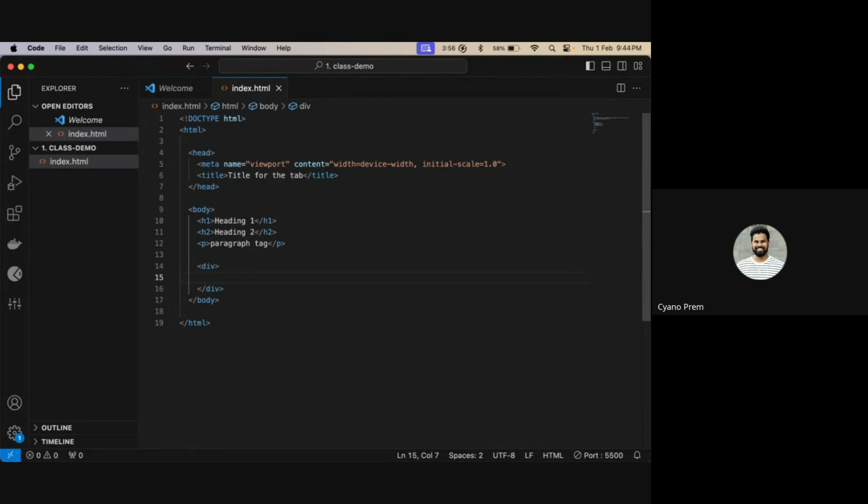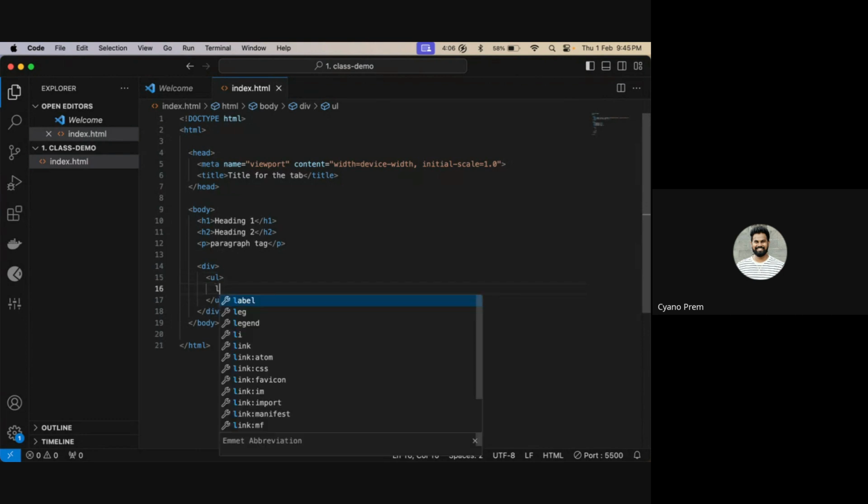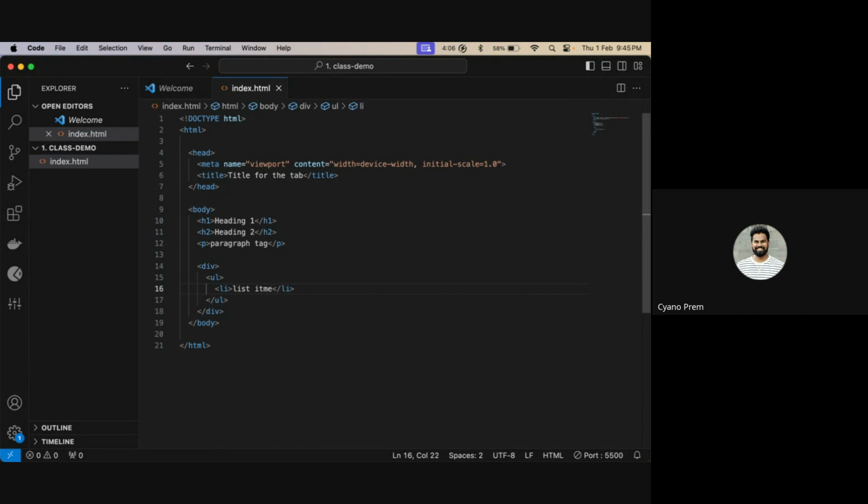Within that we had a list. You are giving an unordered list. This UL means you are initializing an unordered list, and within that you can have multiple list items. So I have one list item called list item 1.